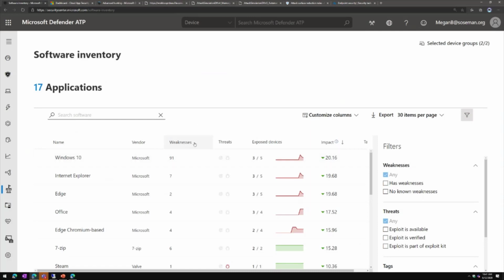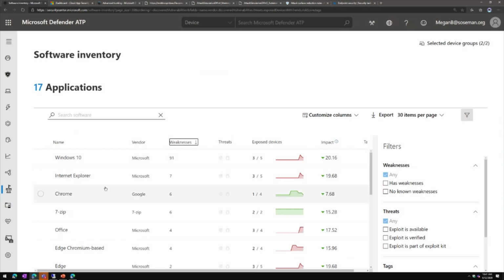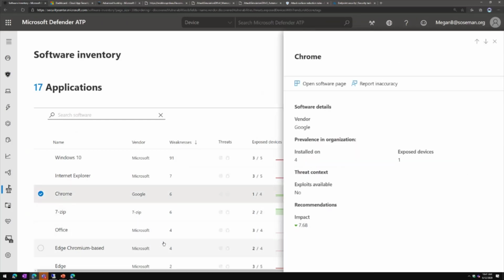But what I do find interesting is that we tell you the number of weaknesses. And here I can see that I do have some OSs and some apps that have weaknesses tied to them. So for example, if we pull up an app in my environment like Chrome, and we open up the software page,